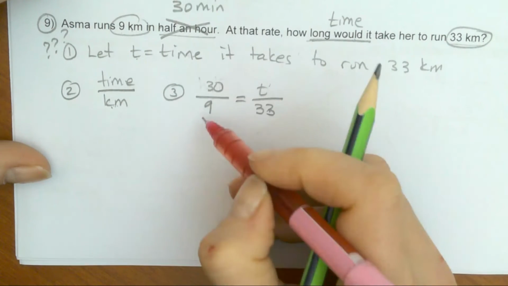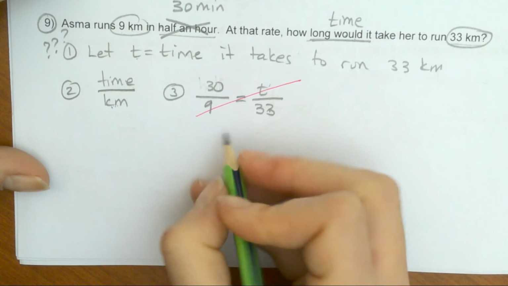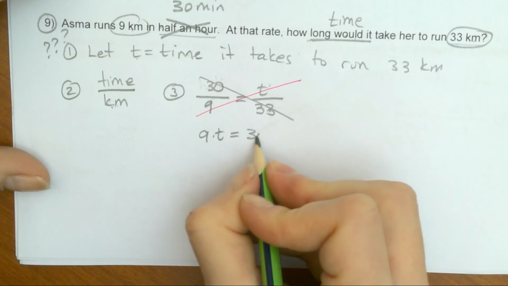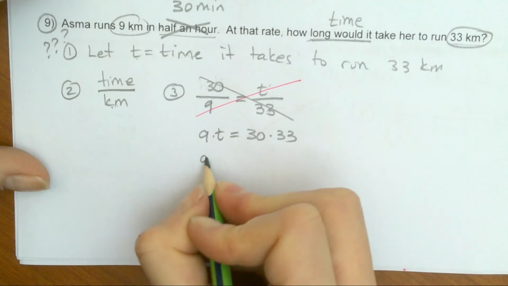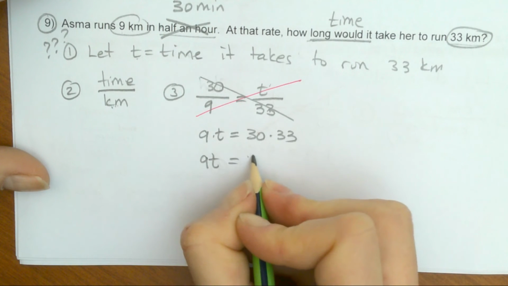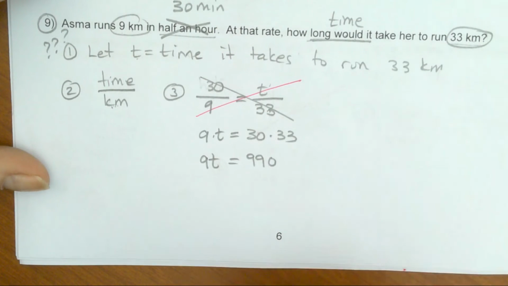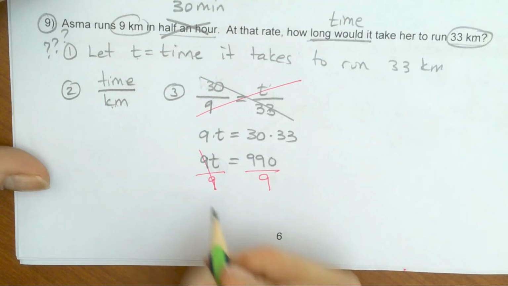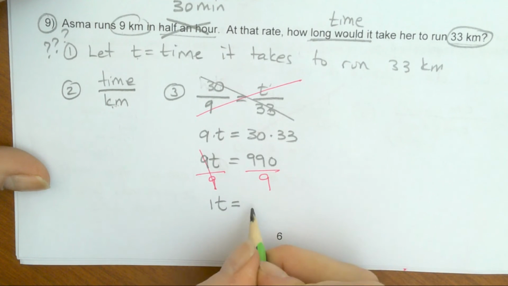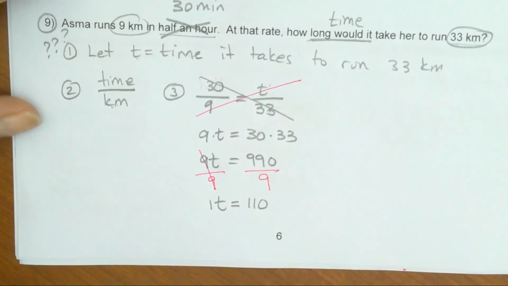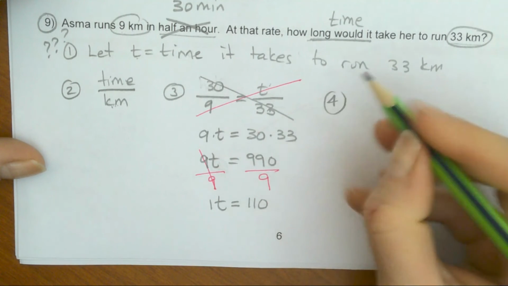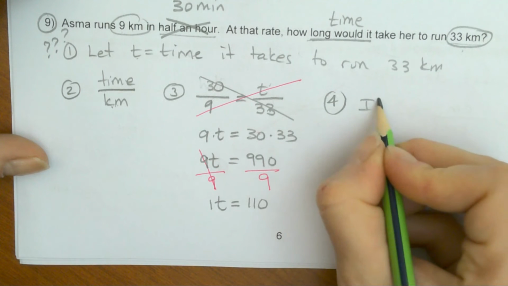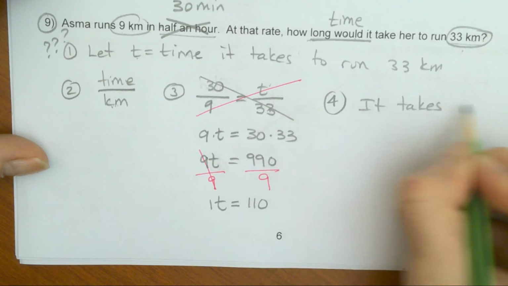So let's solve it. Solve the proportion. 9 times T equals 30 times 33. So 9T equals 990. T wants to be alone, so get rid of the 9. Same over same is 1. So that's 1T equals 110. So step 4. How long does it take her to run 33 kilometers? It takes her,